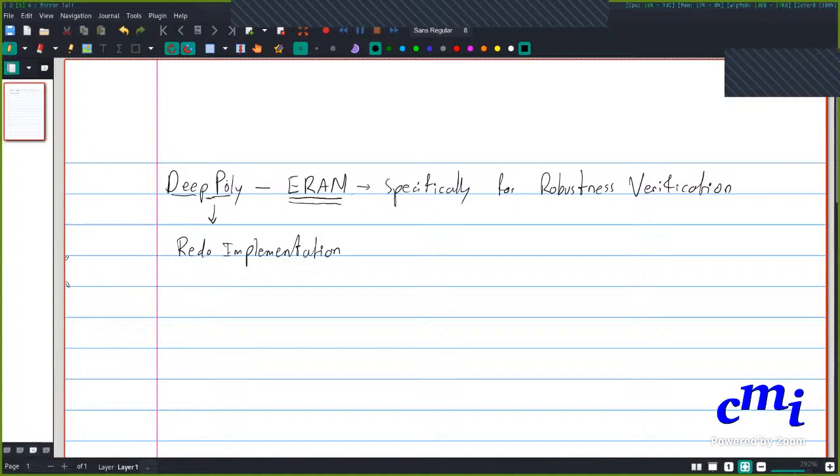Okay. So for example, if you want to say something like one particular output class is the highest, I think that might be doable. So what I would suggest is that as part of the warm-up assignment number 4, deep poly, try doing it under ARAN and see if you can do it. Then maybe you can do it, but you may want to consider doing your own implementation in any case, so that you can shed some light on that. Yeah.